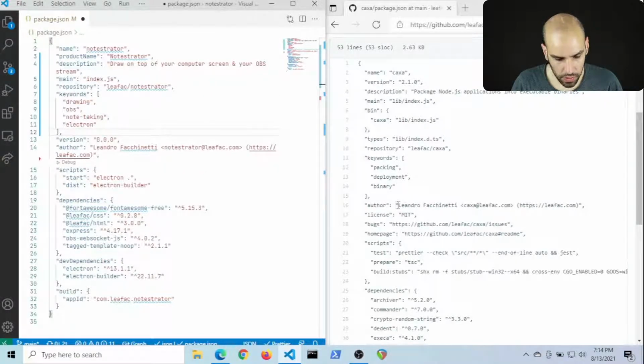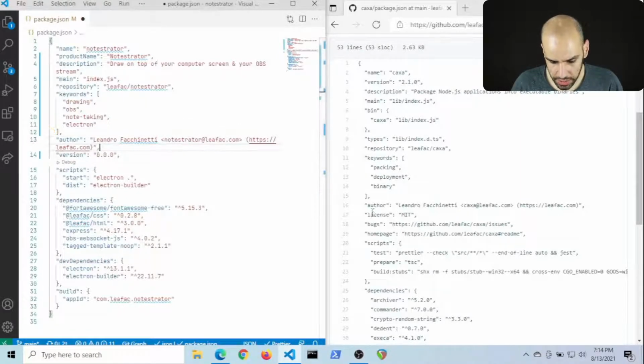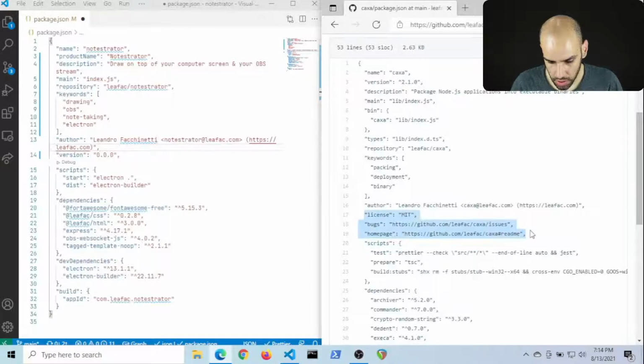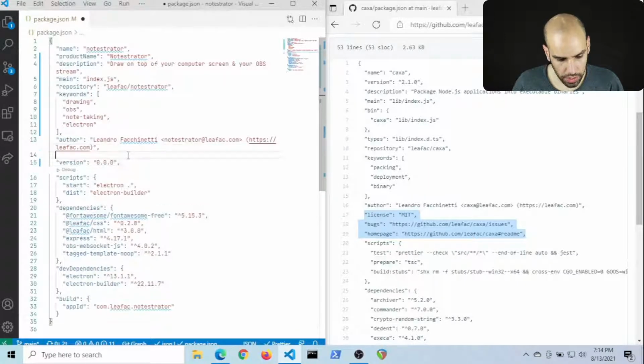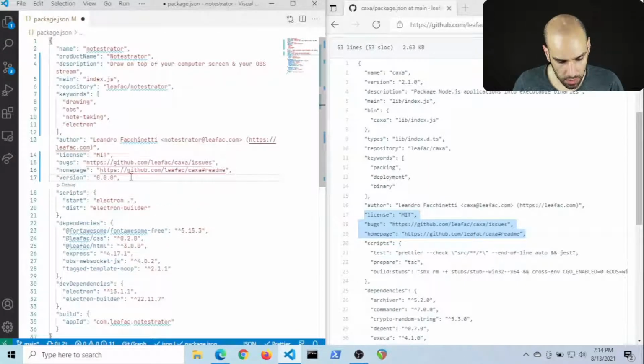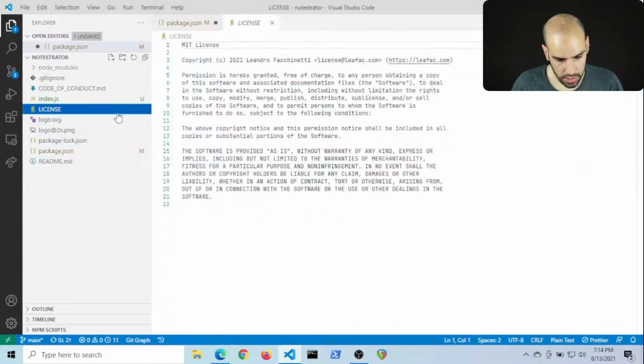And then in terms of author, I got this right, the format, I mean. In terms of license and bugs and homepage, we are gonna do the same as Kasha. And if you're interested, we are doing MIT. Yes, that is already a file that exists in the repository, right? Yes, we are doing MIT.